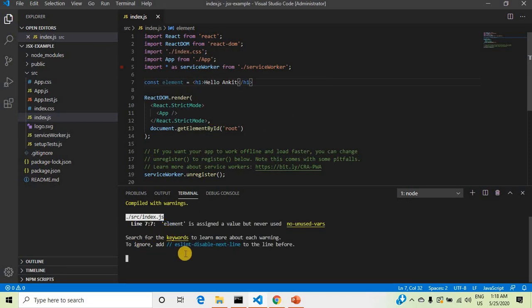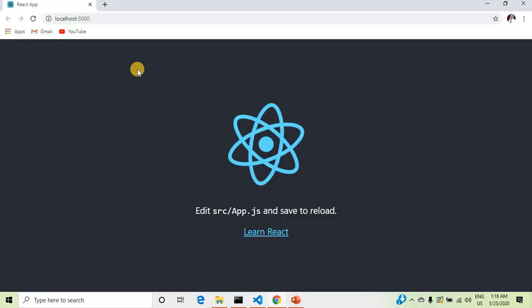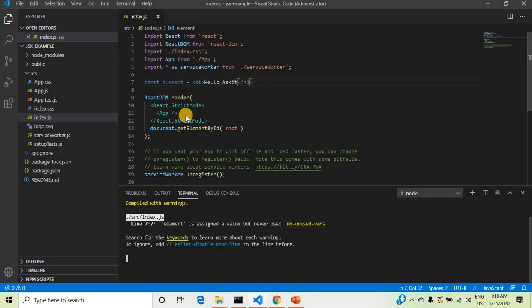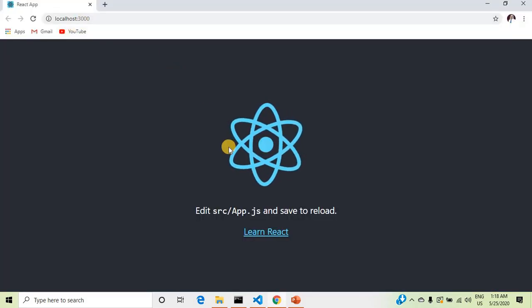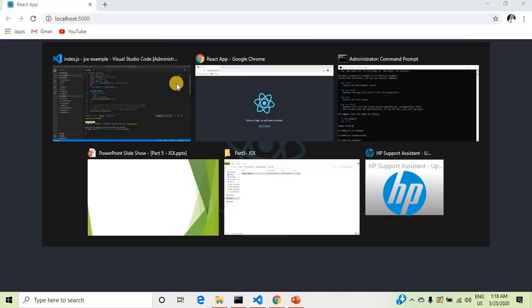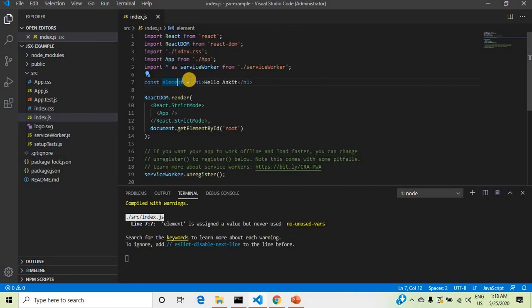It compiles and refreshes the page. It displays nothing new, it displays the old thing, because we have only created the element but not rendered it.